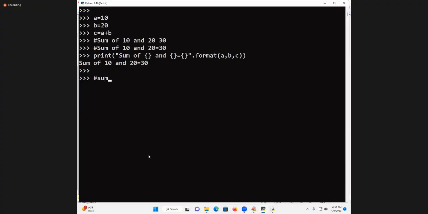Okay, see. Sum of 10 comma 20 is equal to 30. This is a good output now. Sum of 10 comma 20 is equal to 30. Ready? Okay, come on. Print of double quotes sum of